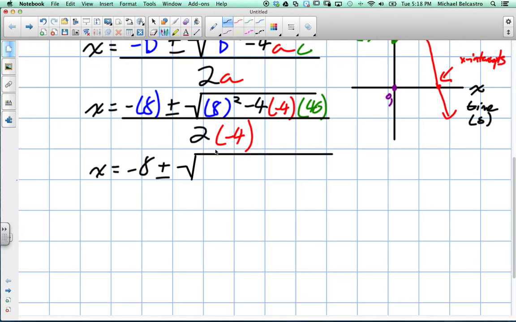That gives us... Now, negative 4 times negative 4 is going to be... A negative times a negative is a positive. 16. Plus, times 640. Oh, I had it backwards. 640. Good. And it's going to be a positive value because it's a negative times a negative, which is a positive times a positive. And then all of that will be divided by negative